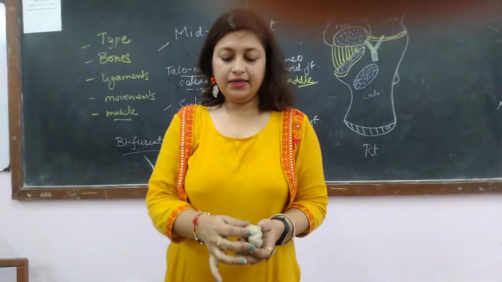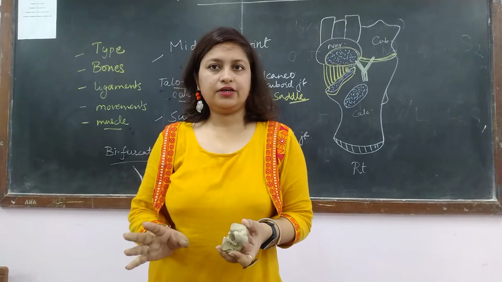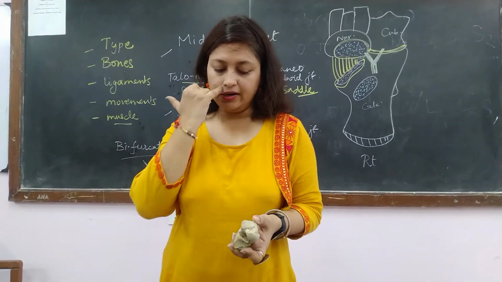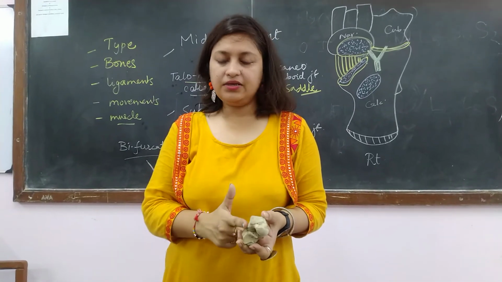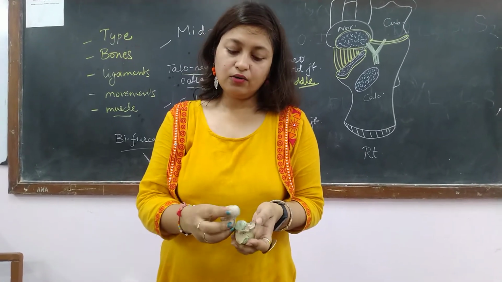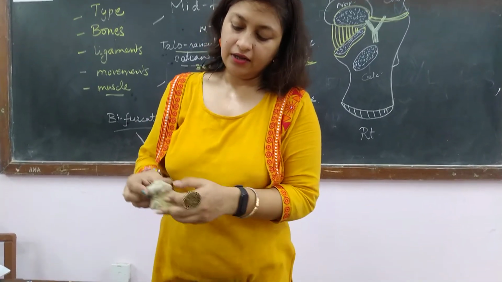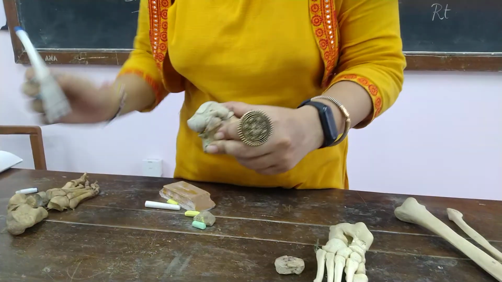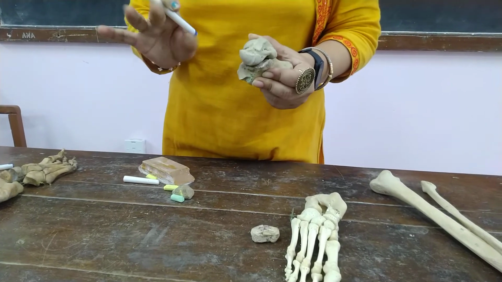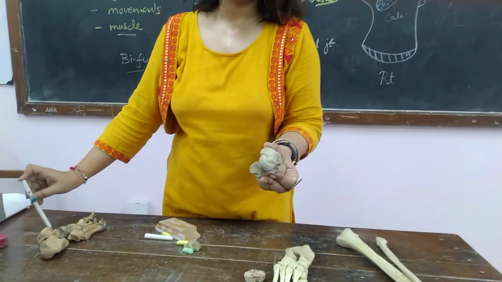Subtalar joint is a modified multi-axial joint, which is again a type of synovial joint. Now, it again has its capsule. Other than that, the ligaments are talocalcaneal ligaments, one on the medial side and one on the lateral side. And there is one interosseous talocalcaneal ligament which is present and bridging this tunnel, which is called sinus tarsi. This tunnel is called sinus tarsi and it is completely occluded by the interosseous talocalcaneal ligament, which is the most important ligament over here. Okay.